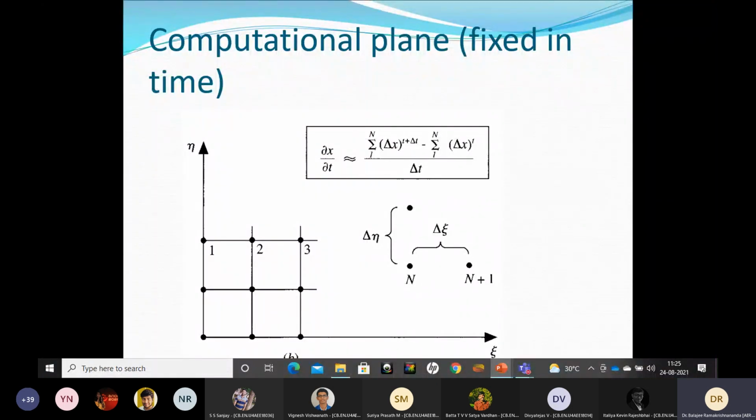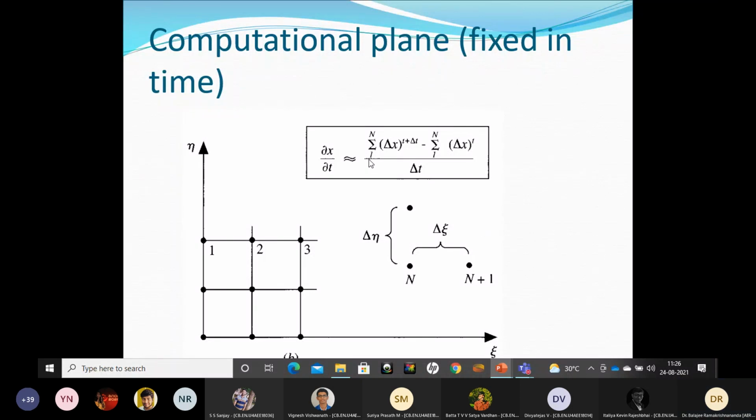So let's say computational plane is fixed in time. Z and eta don't change with time. Delta Z and delta eta are also constants. So it's called dou x by dou t as we are looking at successive time steps here. You can also have t plus delta t, you can have t plus 10 delta t or something like that, divided by 10 delta t, you can do what you want. Let's assume every step you are going to check this and rearrange the grid.